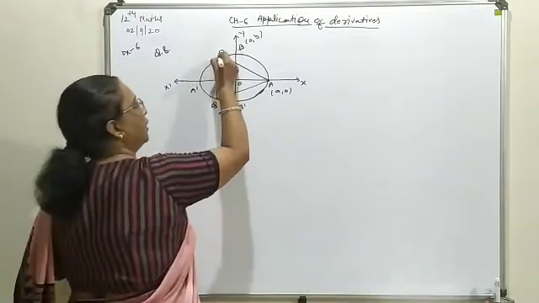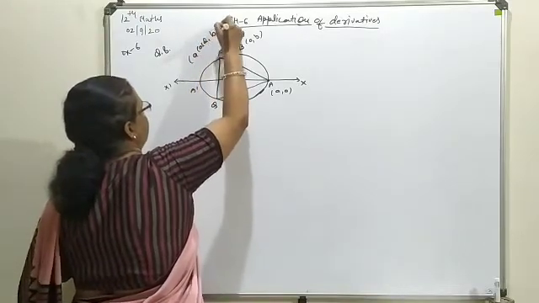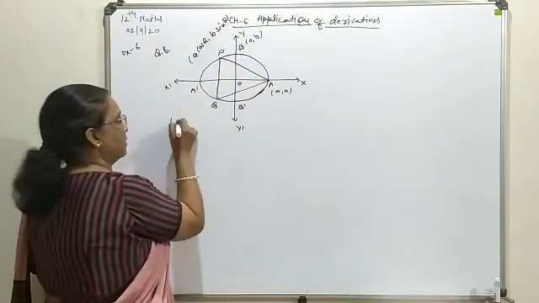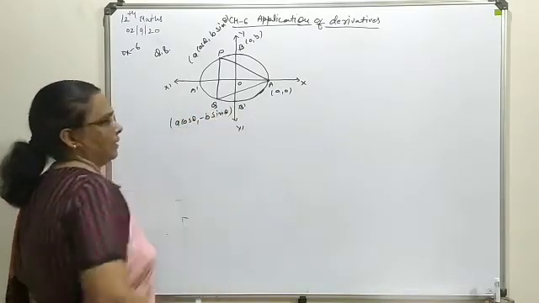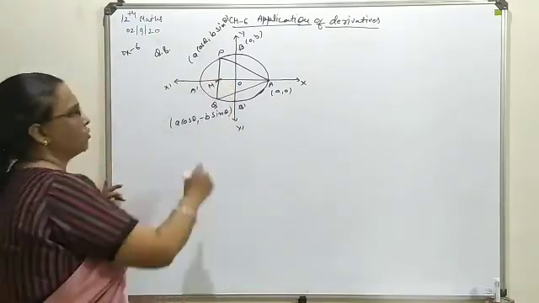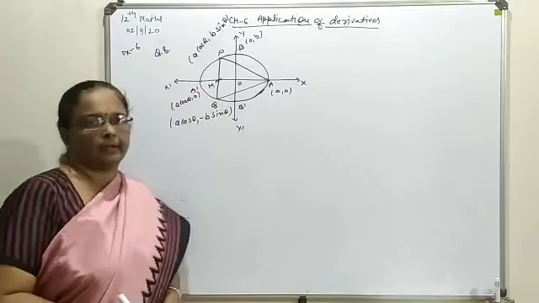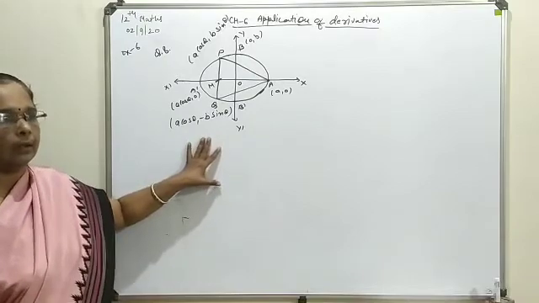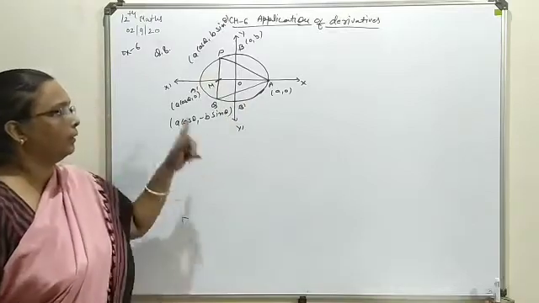So here the coordinate of P you can write as a cos theta, b sin theta. The coordinate of Q, which is on the opposite side, can be written as a cos theta, minus b sin theta, as we discussed last year. Now one point on the axis we can take as M, and that can be defined as a cos theta, 0, because the y-coordinate is 0. So this is all the information regarding the isosceles triangle with these three vertices and the elliptical path.